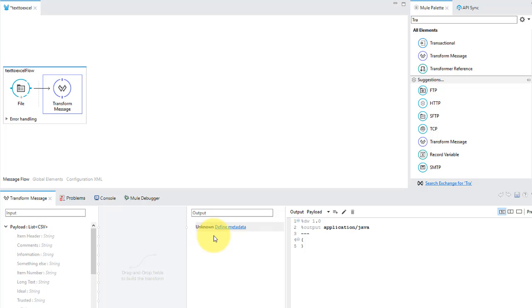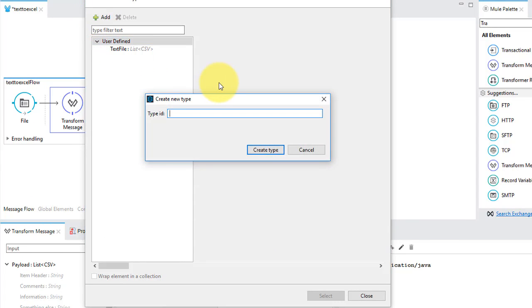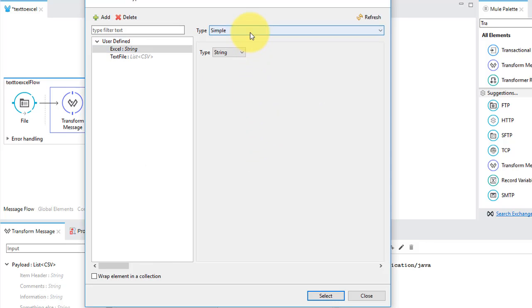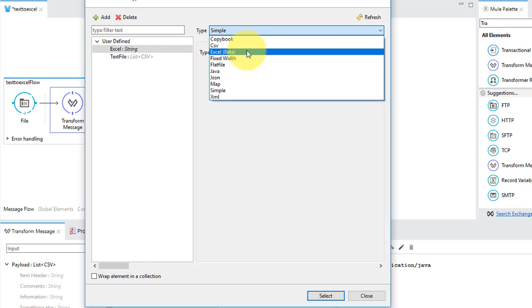Again, we go to the output and we click define metadata. Now we need to go and add a new output. So click on add, and for ID, we'll just call it Excel, and click create type. Now again, in type, we hit the drop down, and here we can select Excel. It is in beta mode, but I haven't come across any issues yet, so I'm pretty confident that even though it's in beta,